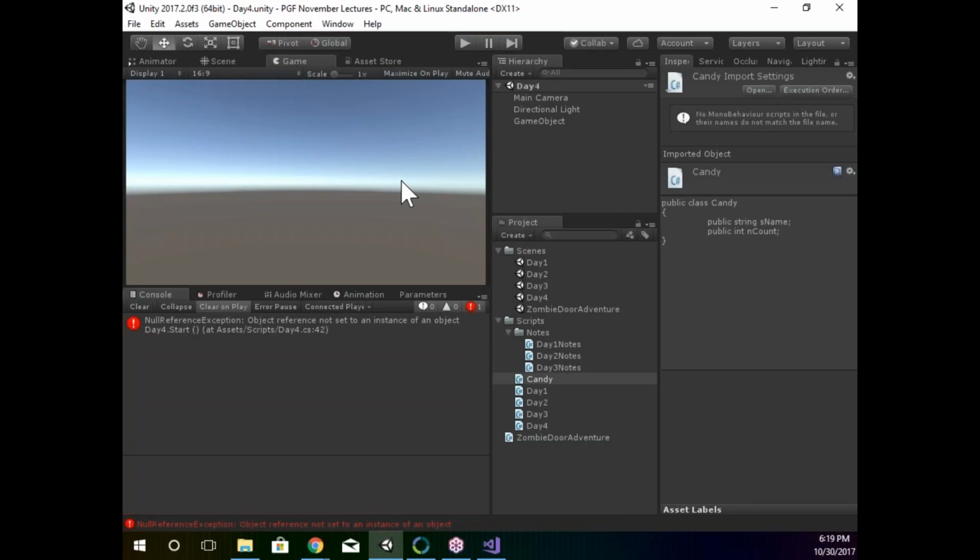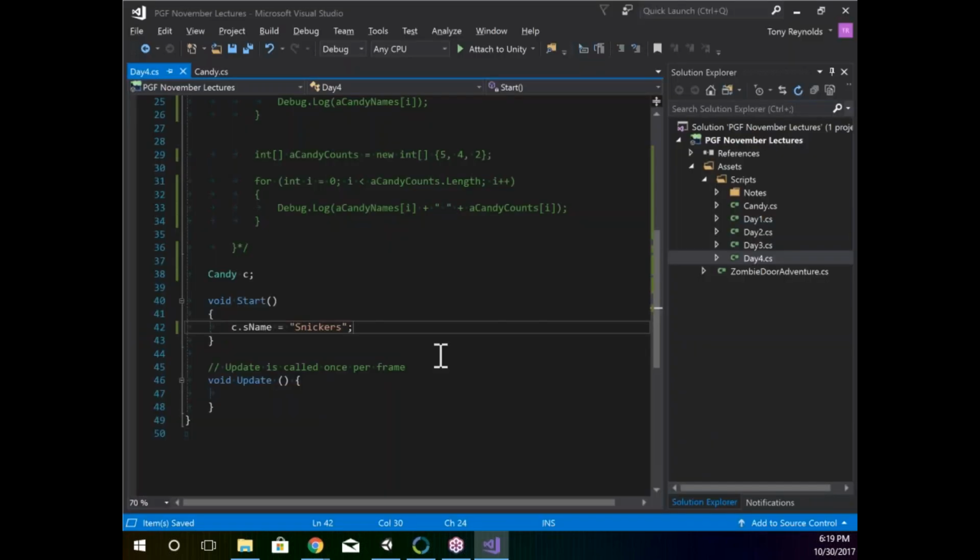So I can stop playing, jump back over to my code here,